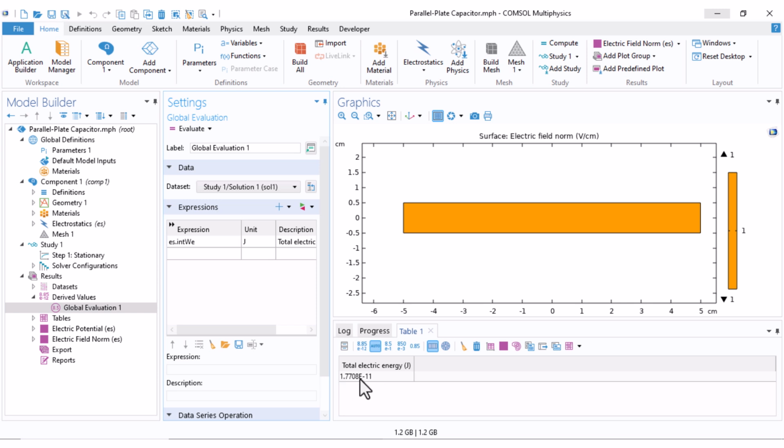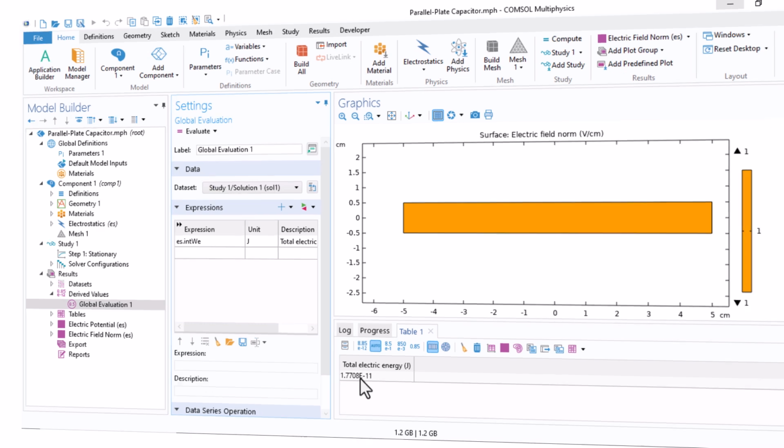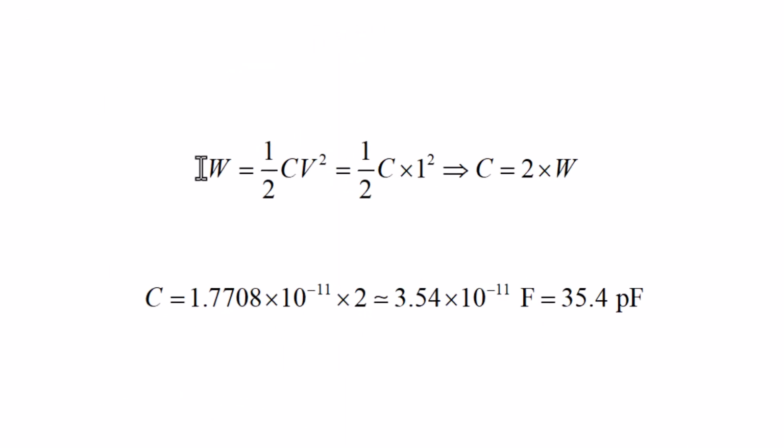How can I calculate capacitance from this value? Okay, look at this expression. As you know, the amount of energy stored in a capacitor equals half C times V squared. C is the capacitance, V is the potential difference between plates, and here I have set the potential difference to 1. Therefore I can deduce that C equals 2 times the energy. The energy is this value. I just double it and I reach